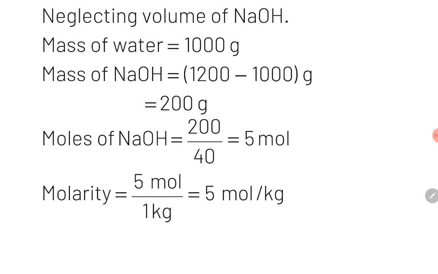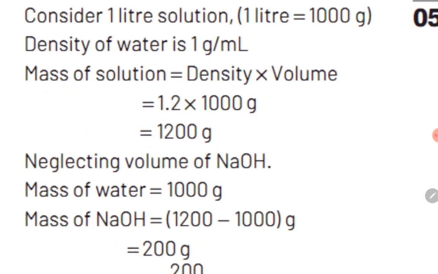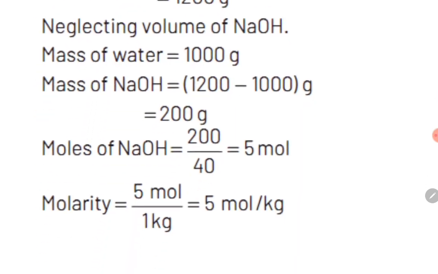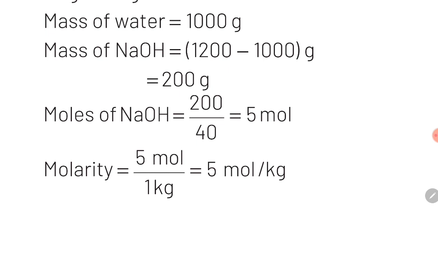5 moles. Once we know number of moles of solute, we can easily calculate molality by using the equation molality is equal to number of moles of solute divided by mass of solvent in kilogram. In this equation, number of moles of solute has come out as 5 moles and mass of solvent, which is mass of water, is 1 kilogram. So on substitution, we'll obtain the value of molality as equal to 5 divided by 1, which is equal to